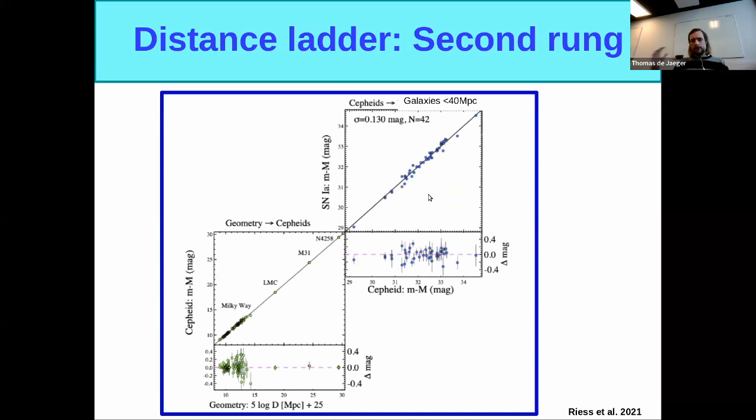So now you have the second rung of the distance ladder. First you use geometric methods like parallax and eclipsing binaries to calibrate and measure very well your Cepheids' absolute magnitude, and then you can measure the distance of Cepheids in more distant galaxies, up to mostly 40 megaparsec. So now you have everything. So you have all the distances, and as I said previously, when you want to measure a Hubble constant, which is the rate, you also need a velocity.